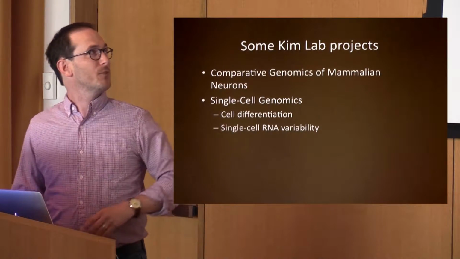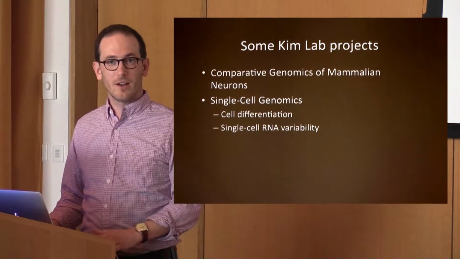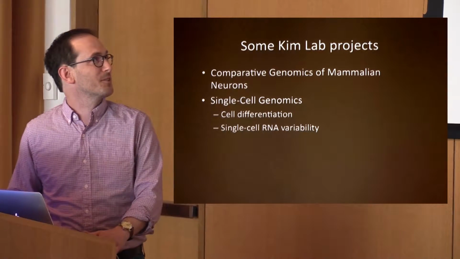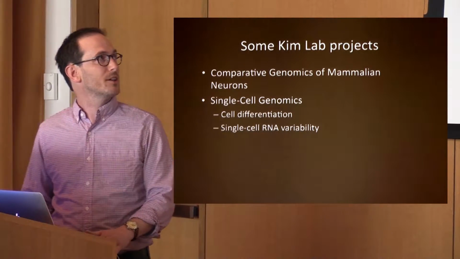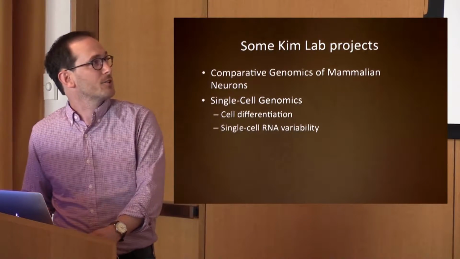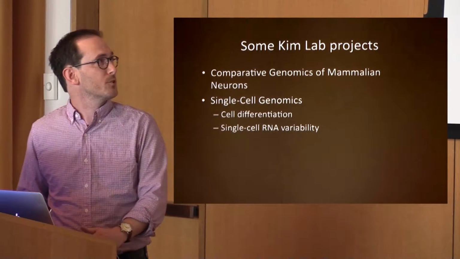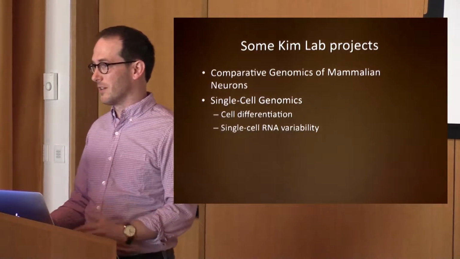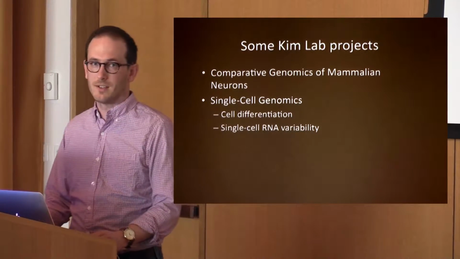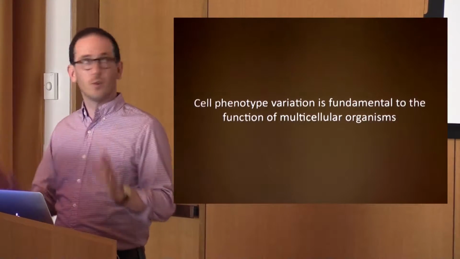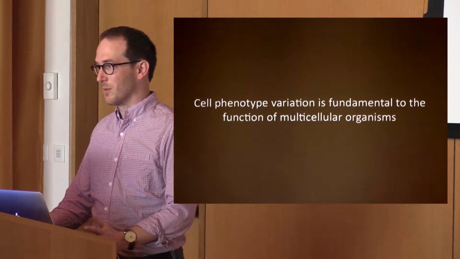So briefly, some of the things that are going on in Junyoung's lab, and this is not an exhaustive list. This is just a small list, but the lab is interested in comparative genomics of mammalian neurons, and also, at the single cell resolution, looking at cell differentiation and variability of mRNA expression in neurons and various other cell types. So I'm going to do a little overview of one of the projects on which I've been working,